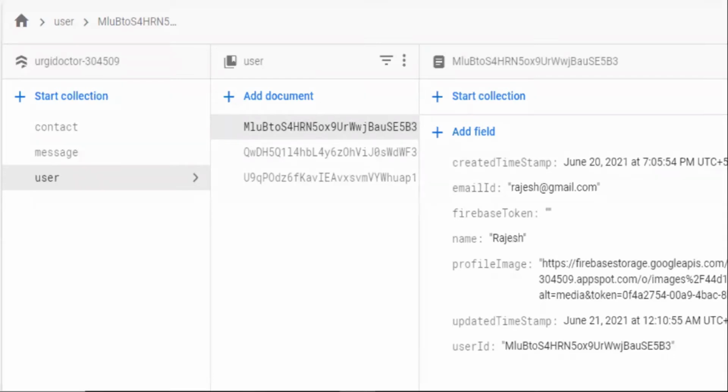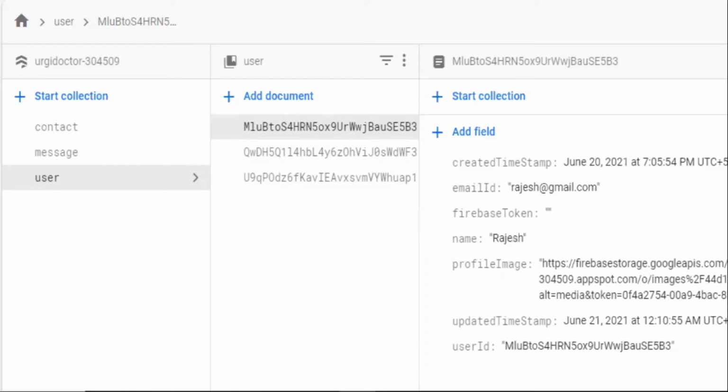When a user gets logged into Firebase auth, the Firebase SDK provides us a unique user ID, or auth ID. With that auth ID, we have created the document ID. So you can see the auth user ID is used as the document ID, and the document data is stored under it. Now the question is why we have stored the document with this data structure. I think we have basic knowledge of Firestore database.